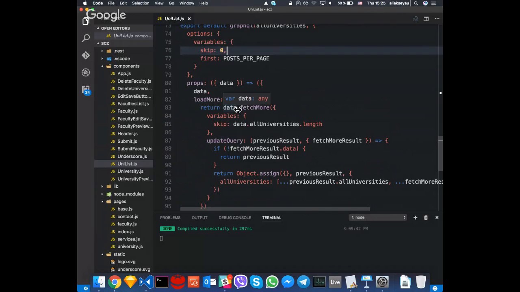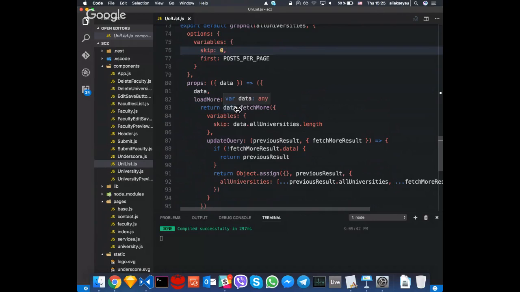Because we will have it in our data object that we get as a response here. You see in props, you get it as only one property, and inside it you will have all universities, this fetch more, and all other functions. We get the length of fetched universities, and we skip them. And when we return this load more function at the end, we can call it and every time fetch the next